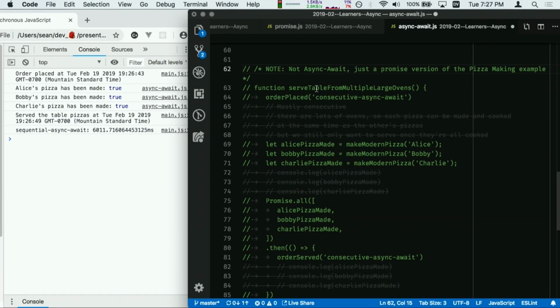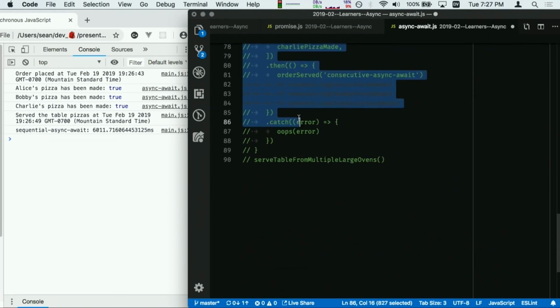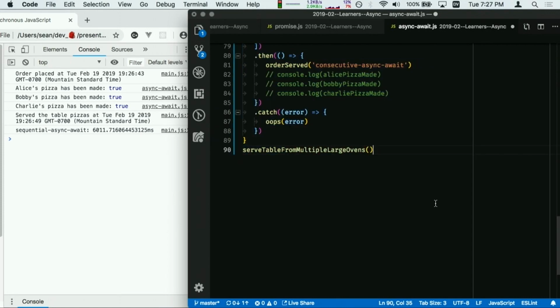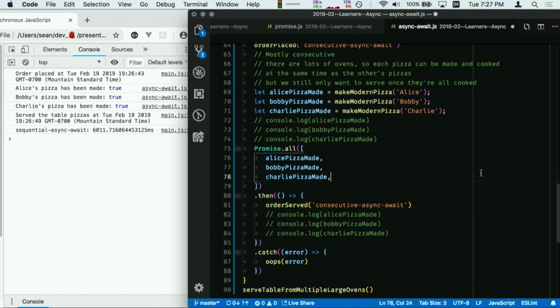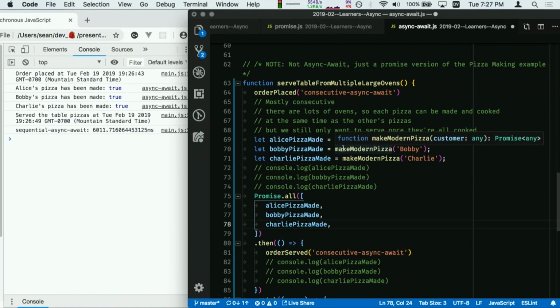So this one is not an async-await. It's just a slightly different version, showing you the promise version of the pizza. Again, I could have, if I wanted to, because all that we care about is this Promise.all. If I don't want to log these out, I could have just done the makeModernPizza Alice, makeModernPizza Bobby, makeModernPizza Charlie. But, and this is why I did this example this way,